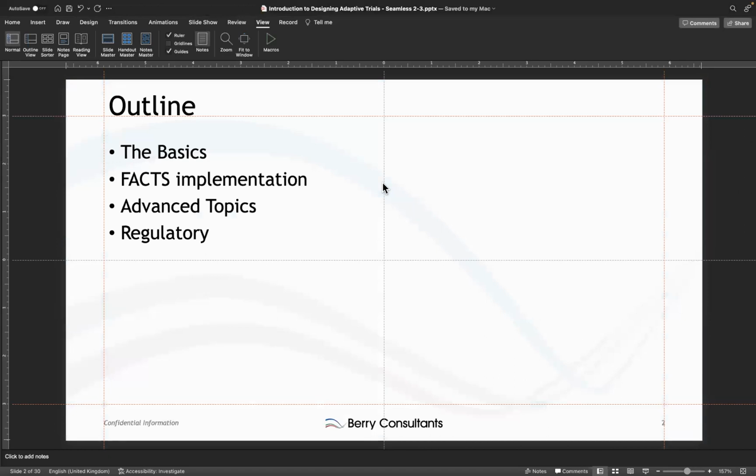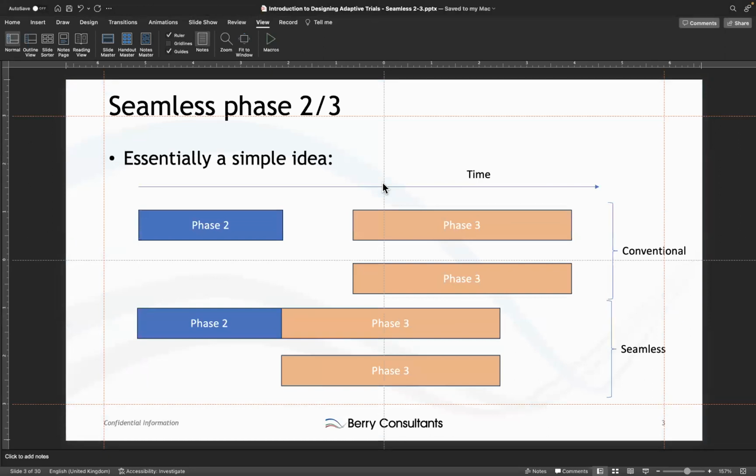We'll look at, actually just ignore that outline, I'm not sure it follows that. Let's just go straight in to seamless phase 2-3. It's a fairly simple idea. I actually expect that everyone watching this has an idea of what a seamless phase 2-3 is, but